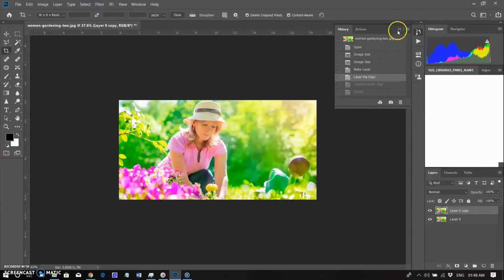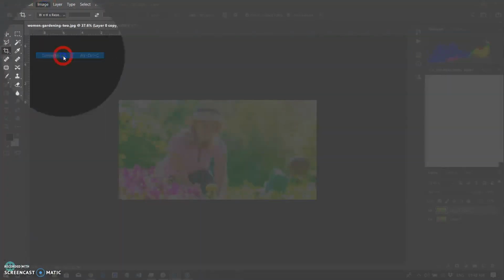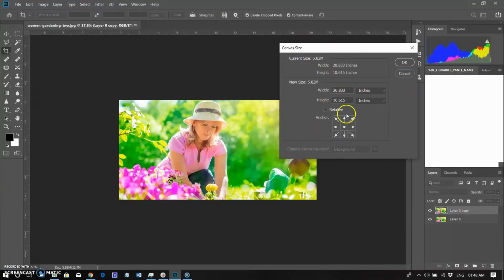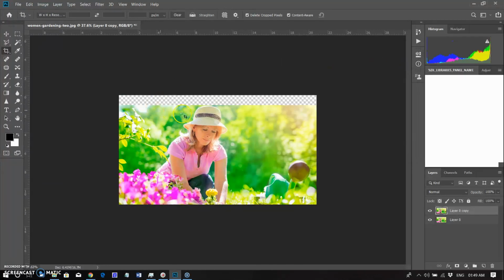Lastly, how can we change canvas size? Choose the image menu and select canvas size. To add canvas, enter the amount of width and height to add. Measure width and height in pixels for online use or in inches for print. I selected the bottom anchor point to increase the size at the top of the canvas. I selected percent, the default percent showing 100%. As I change the value from 100 to 110%, the canvas size increases by 10% more.